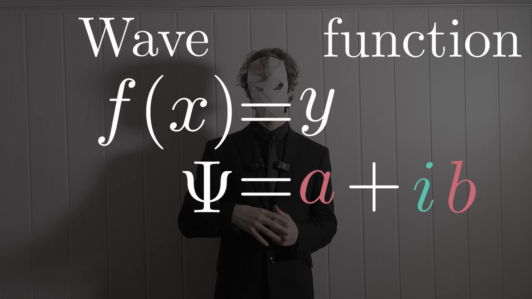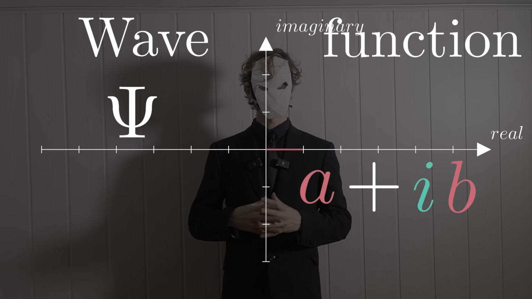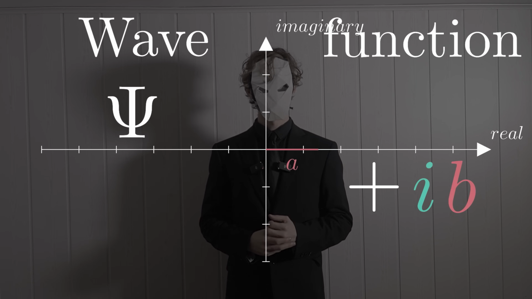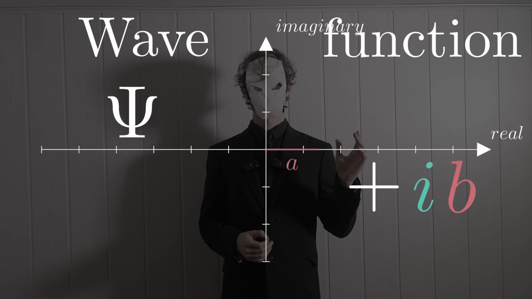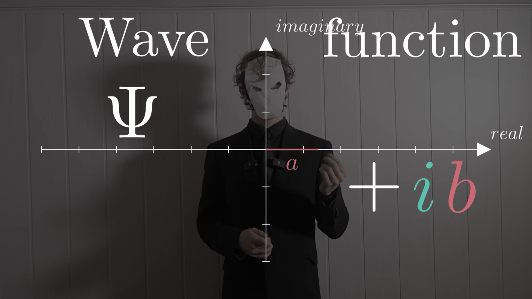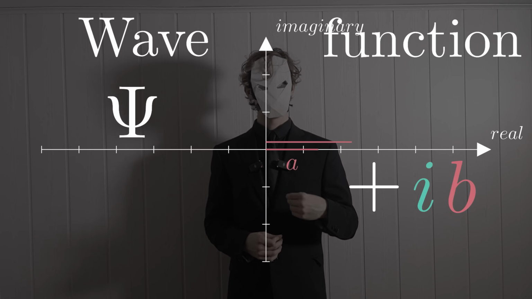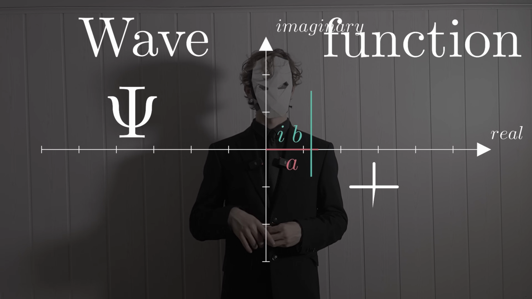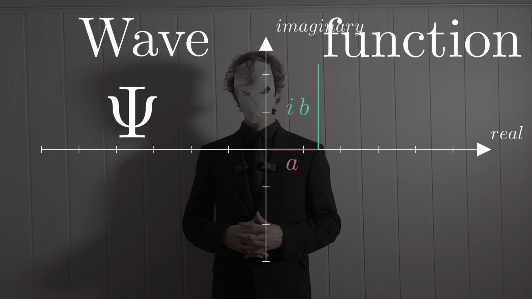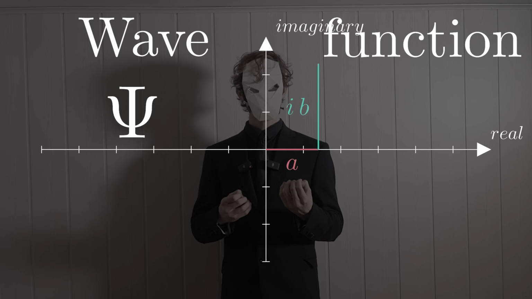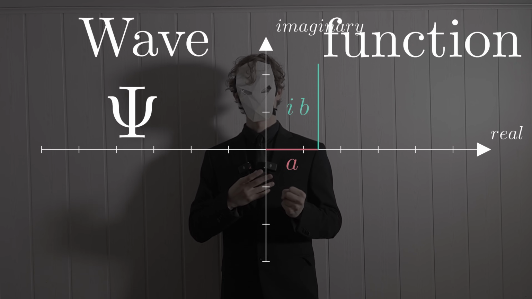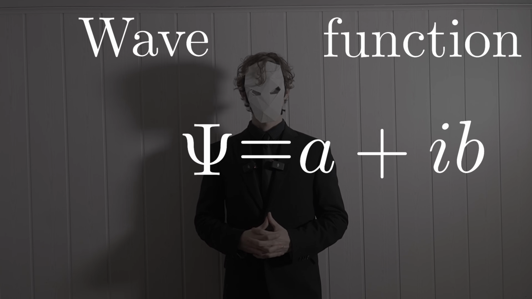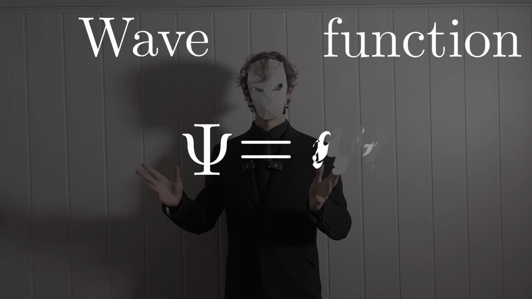Now, why is this called a complex number? Well, remember the complex plane. If you take this complex number and you were to try to put it on the complex plane, then these are just the coordinates. I mean, a would tell you how much to the right or the left you have to go, and bi would tell you how much up and down you would have to go. Because, you know, if you multiply something by i, then you go up or down. That's just it. So this complex number is just the real number summed up with some imaginary number. But why are we using a complex number instead of just any random normal number?